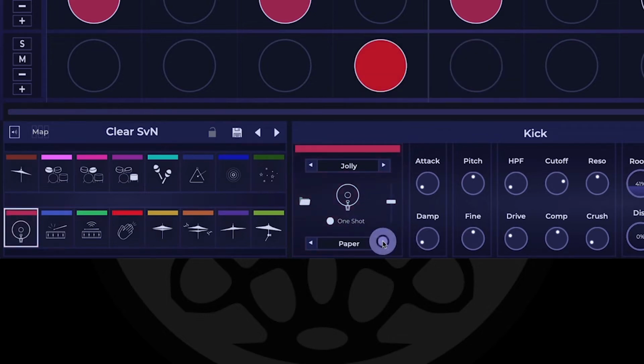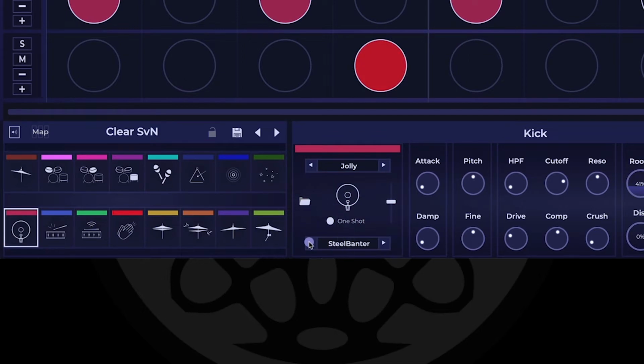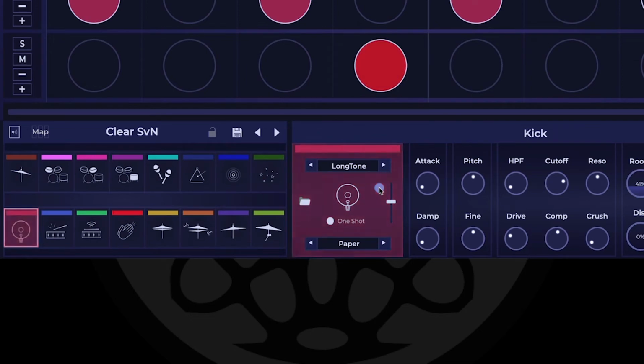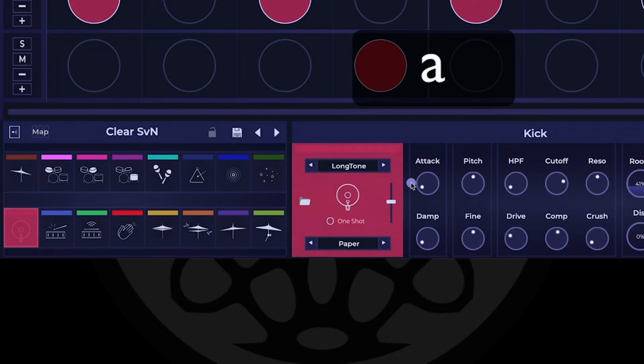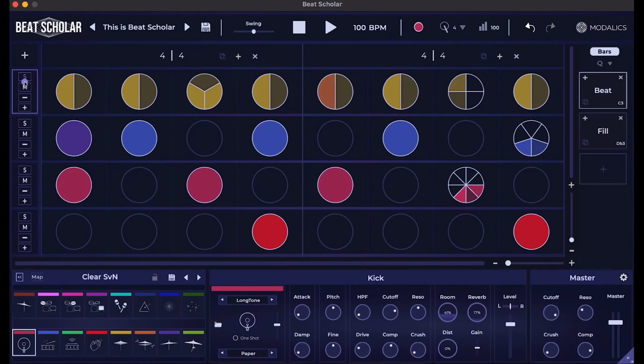Let's pick a longer sample. Or maybe something like this. So I just hit a very short key press and it's going to play fully. If I turn it off, then it's going to respond to the length of my play. So if I hold this for a long time, it's going to be long, and if I hold it short, it's going to be short, which is important if you use something like the